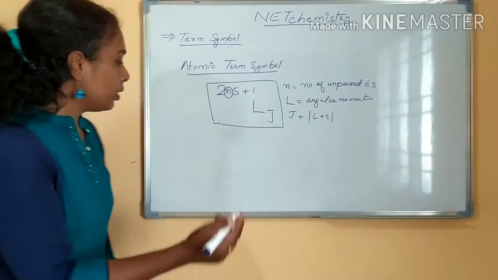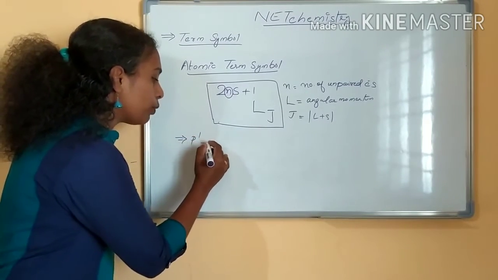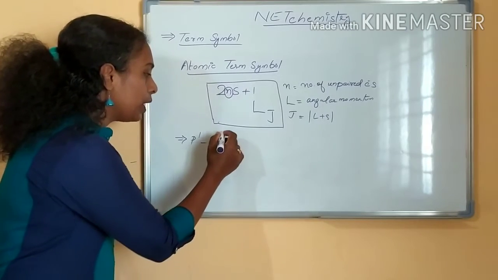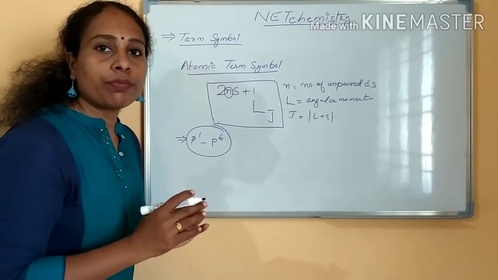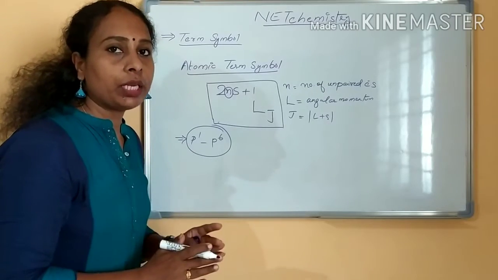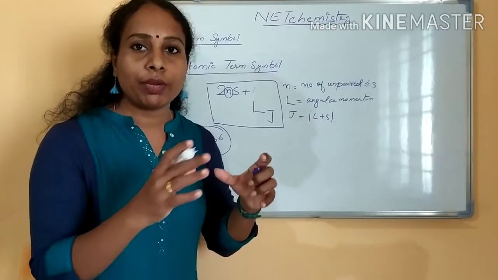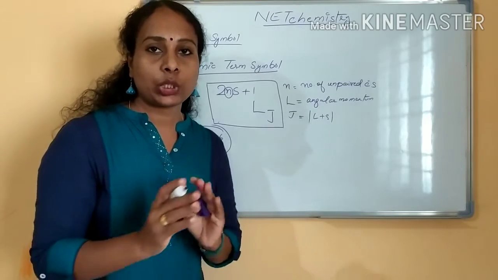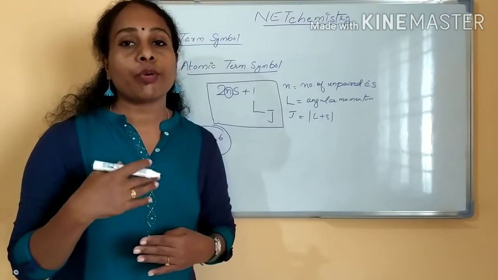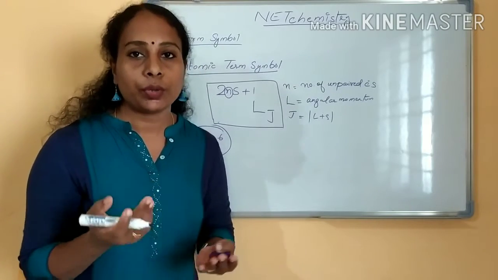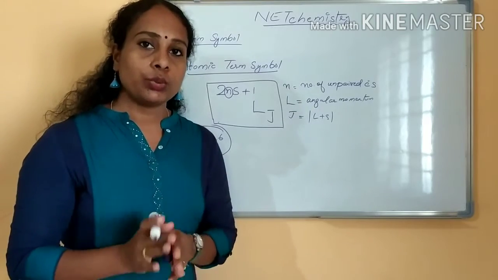We will see. First we will see the P1 to P6 configuration. In an atom you have to see the outer electronic configuration, P1 to P6 configuration. For all the P1 to P6 configurations, we will see how to calculate the atomic term symbol. You will not get a question like predict the term symbol for P1 configuration. You will be getting some atoms, and you have to find out the outer electronic configuration, whether it is P1, P2, P3, all those things you have to calculate.